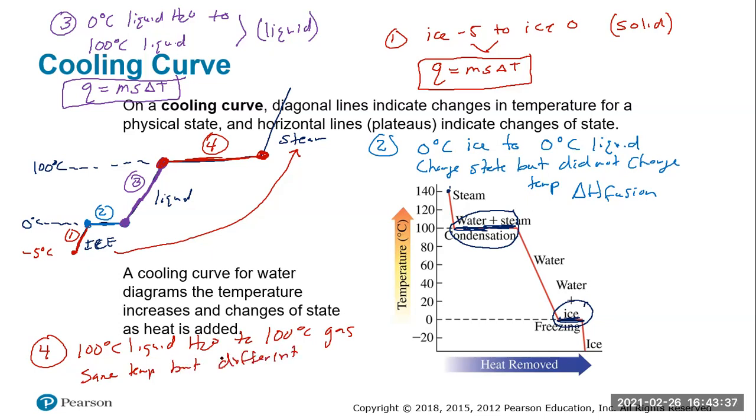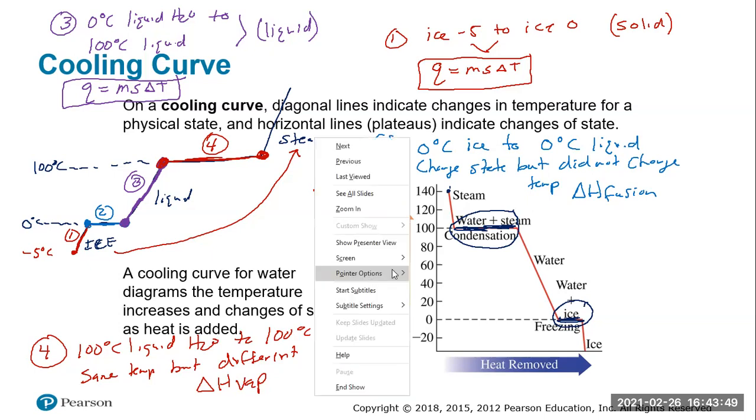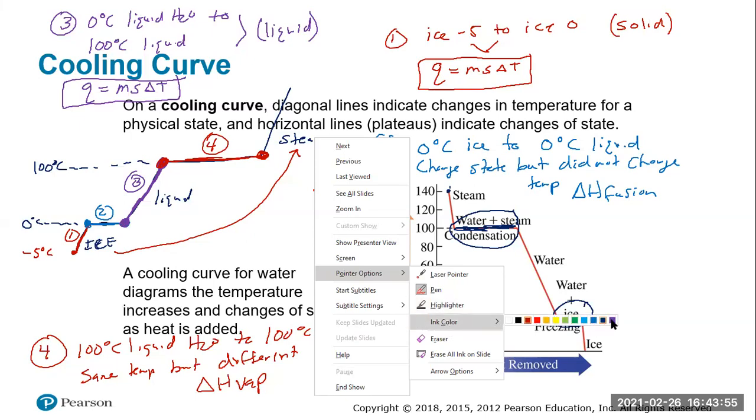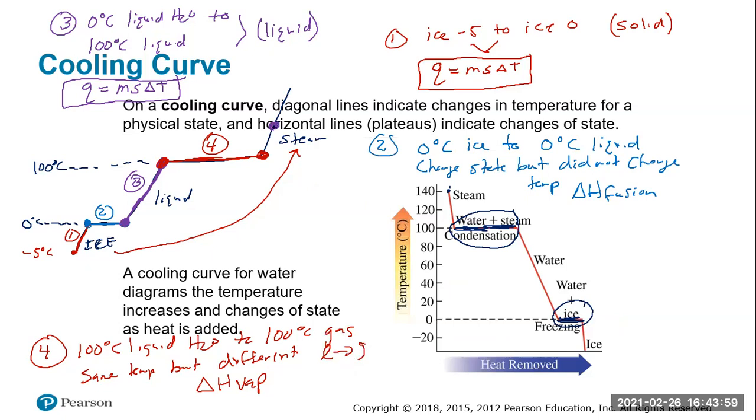So that transition is really going from liquid to gas. We would use our delta H of vaporization calculation here. And I didn't really originally say where we're going to stop, but let's just say we took it to 102 degrees in terms of the final temperature. So if we took it up here to 102 degrees, the last step would be right here at that point.